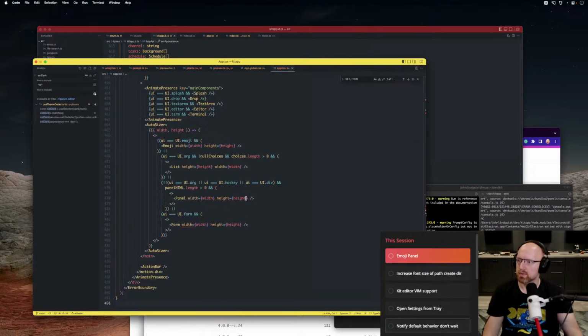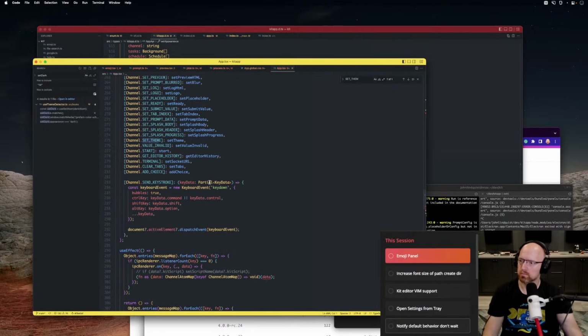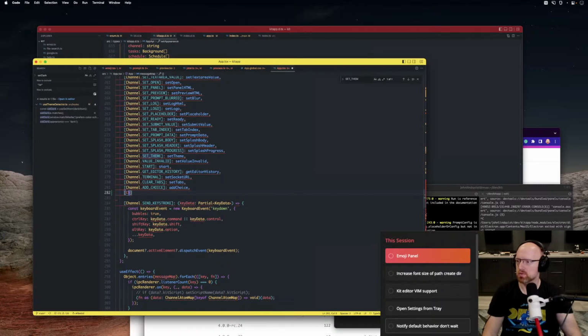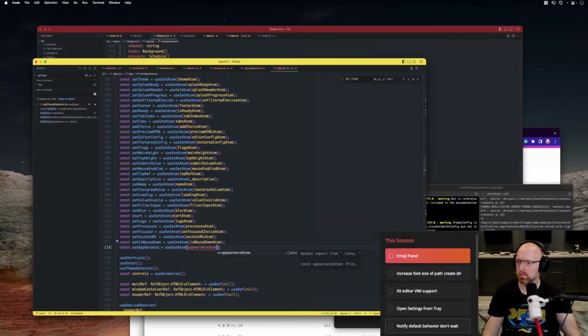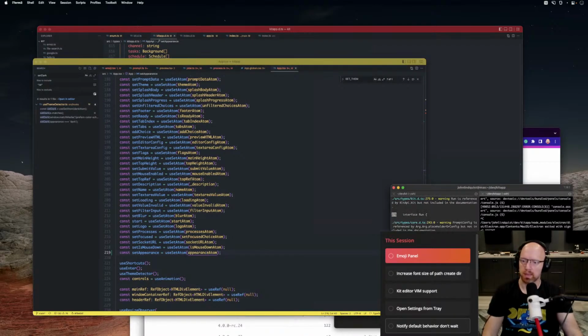Then in the app, channel, set appearance. And we'll need to use set appearance. And hopefully after all of that,